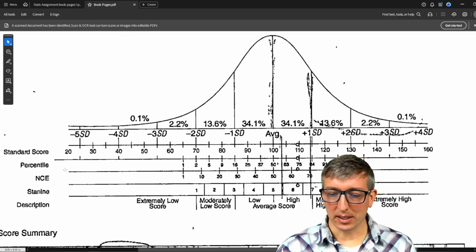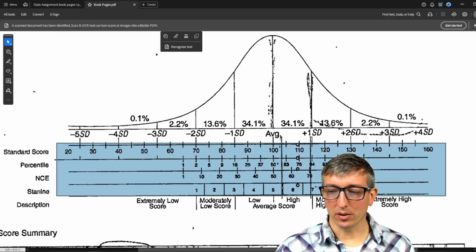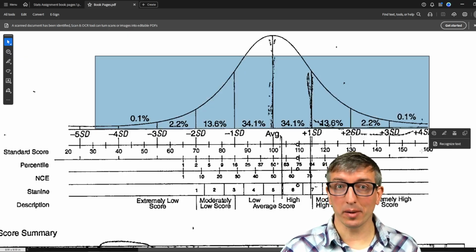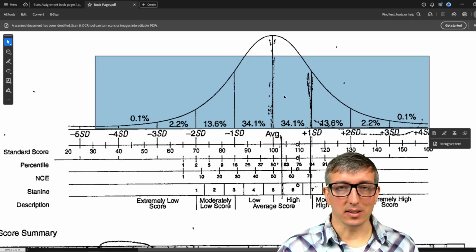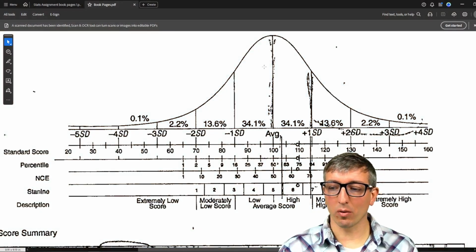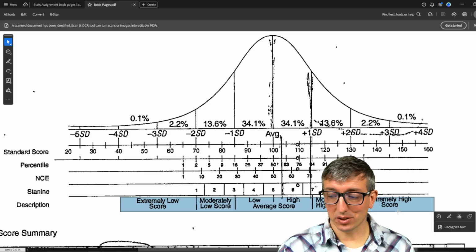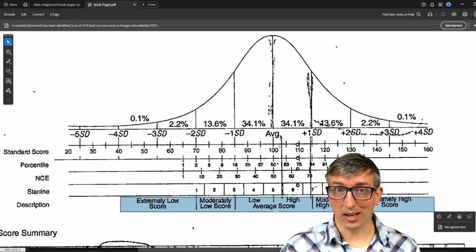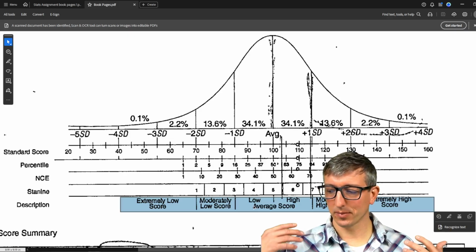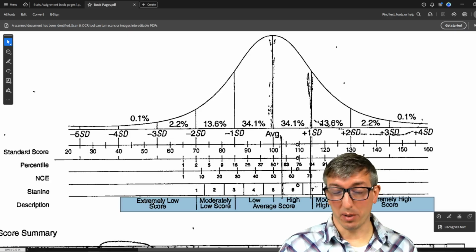So essentially, just to repeat myself, all of this means the same thing. This is just a regular old normal curve up here. So if you know what normal curves are, and by now we've gone through some of them, all of these spaces mean the same thing. We would have done that in class last week, or I'll go through another example of that here. And then down on the bottom here, these are just words instead of numbers, so you can use this for writing up reports. When we get to the unit on communicating assessment results, people understand words better than they understand numbers.